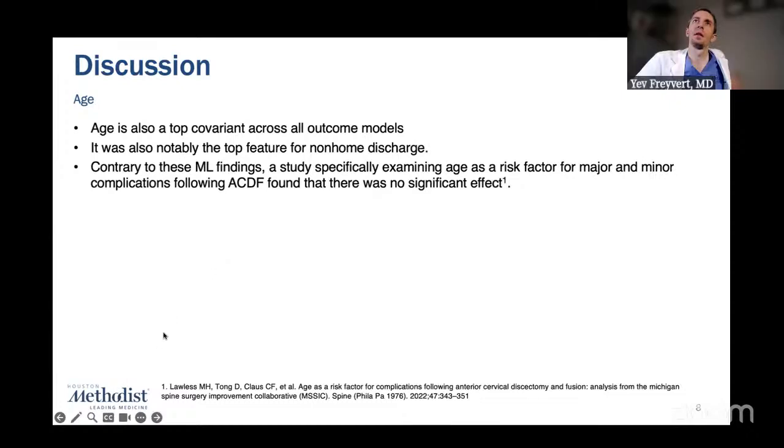Yeah, I think that's one of the main limitations with these kinds of studies. You mentioned they were looking at 64 different data factors for each patient. One of the issues is this idea of garbage in, garbage out. We've all been there, right? You're just trying to finish a note, you check some boxes, history of COPD or whatever. And a lot of the time that might not be 100% accurate. So if the algorithms aren't operating on accurate data, it impacts the quality. And there's no way an algorithm or a machine learning program will address that. There are other issues to be addressed to increase the accuracy of these things.